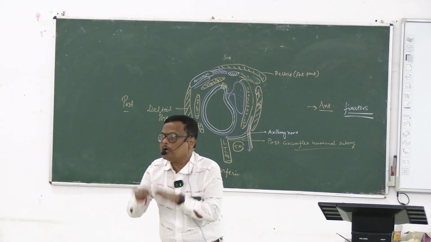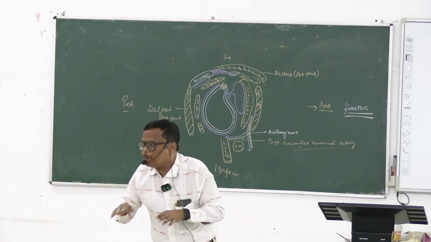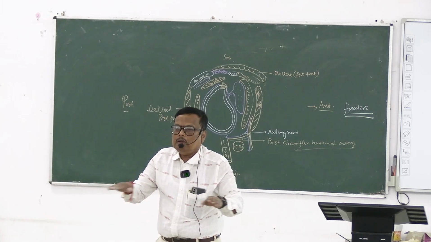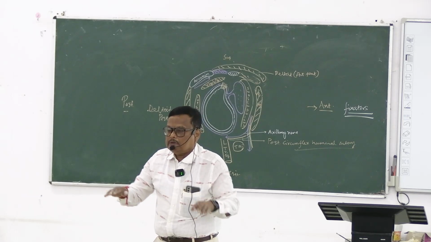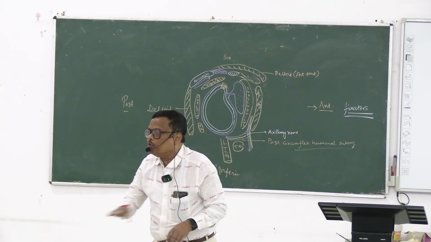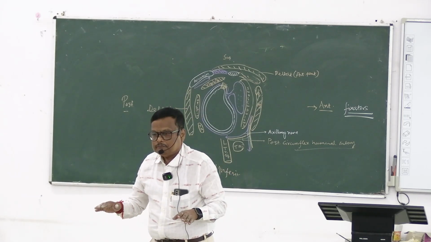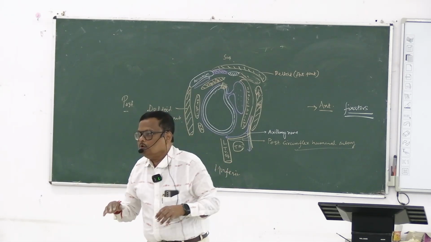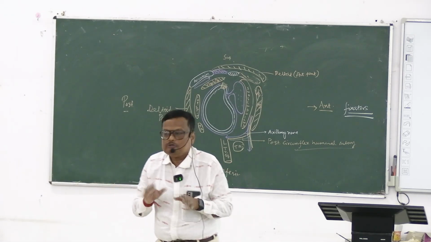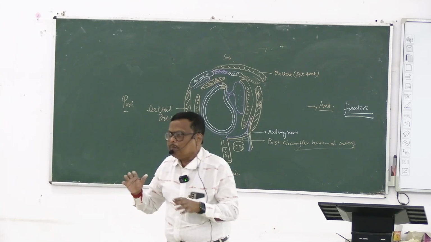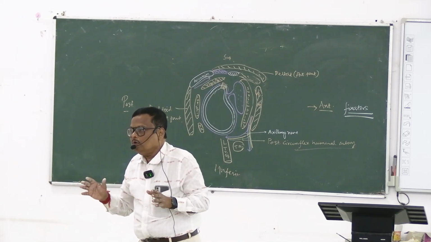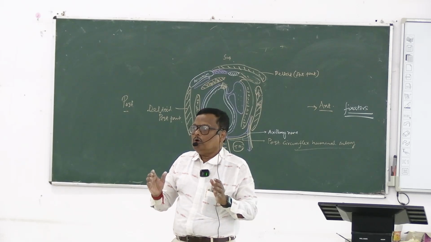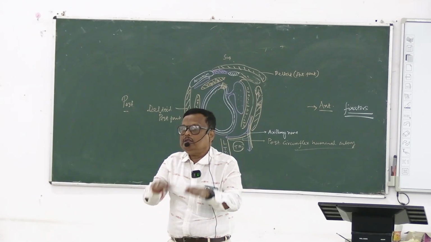If the platform is unsteady, can we move properly? Suppose you are standing on a wooden plank floating on water. The platform is not steady, so can you stand properly or do an action? No. So we have to steady